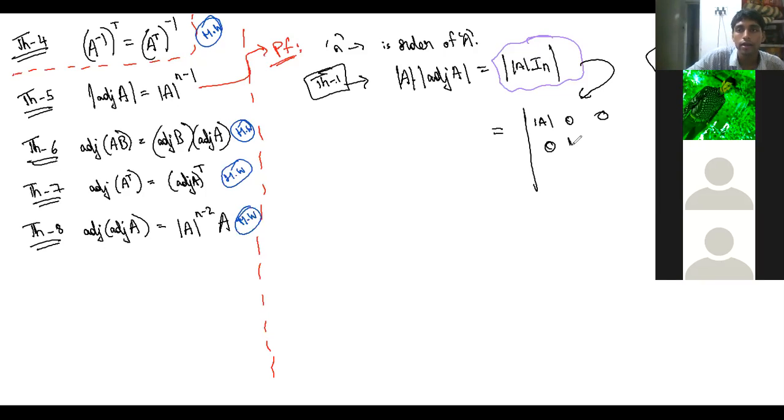For example, I'm taking a 3 by 3 matrix. Okay. So something which many of you might not be knowing. In a determinant, actually, you can take out an element common from each row or each column. Are you guys aware of this property? No, sir. Actually, I'm taking a determinant A common from the first row.